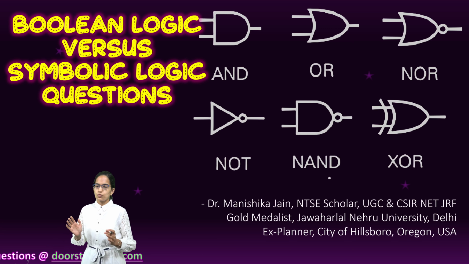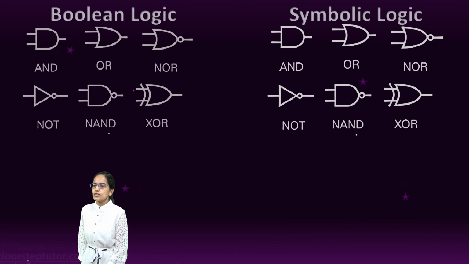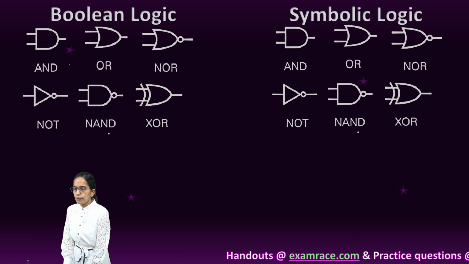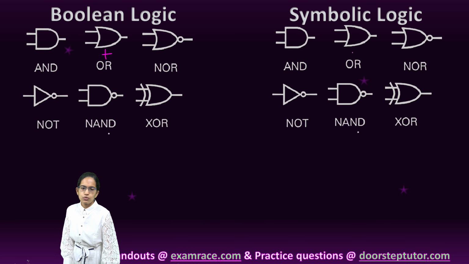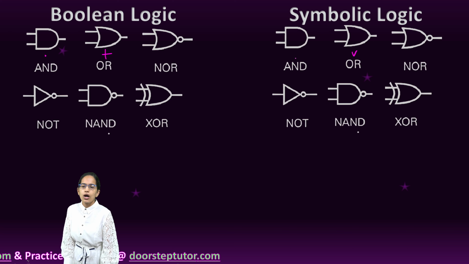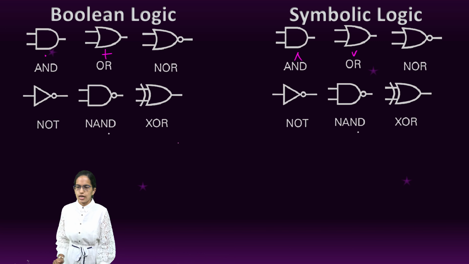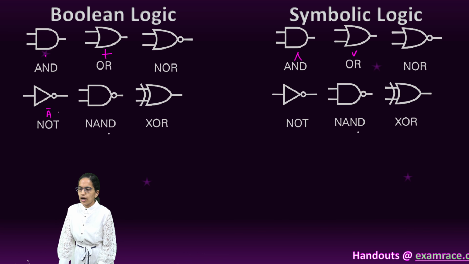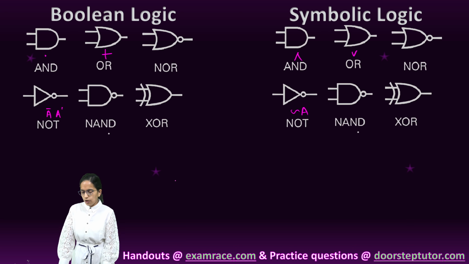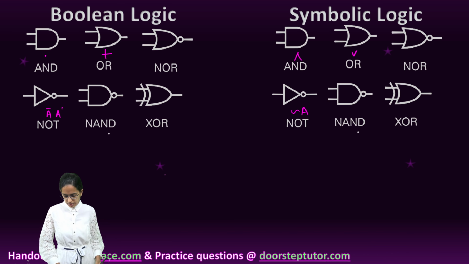Let's do some questions with symbolic logic and Boolean logic. So we already know how we have used the symbology for the Boolean logic and the symbolic logic. For Boolean logic, we use the plus sign for OR. However, we use V for OR in symbolic logic, and AND is represented by a dot, or here it is represented by an inverted wedge. So there are various notations that we know. NOT is represented by a bar or a hash here, and here we have a tilde sign which is representing NOT. Now let me draw some complex diagrams and see what would be the notations for those.